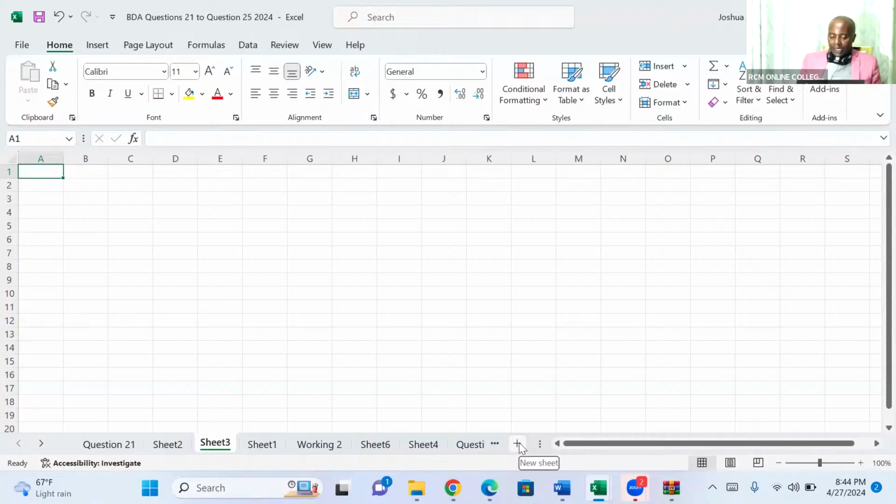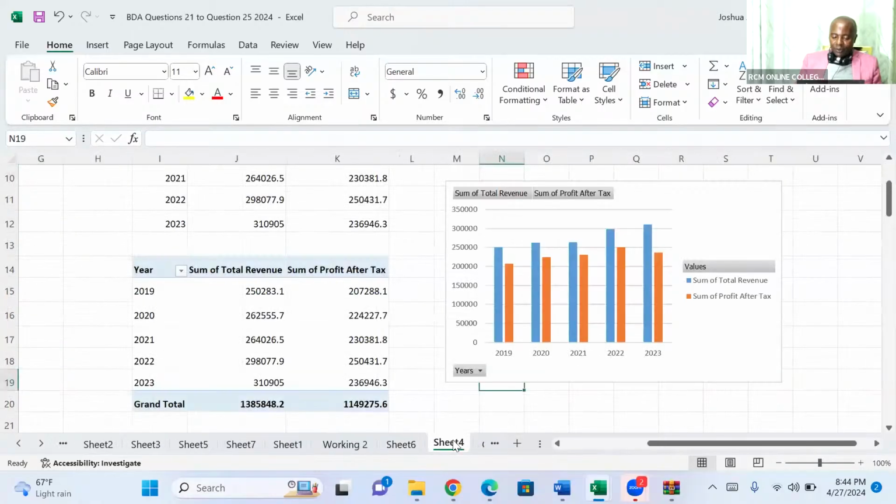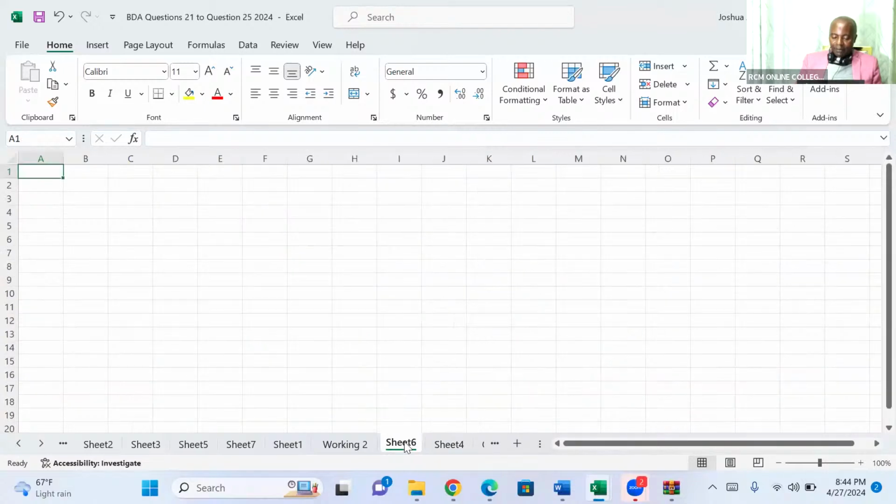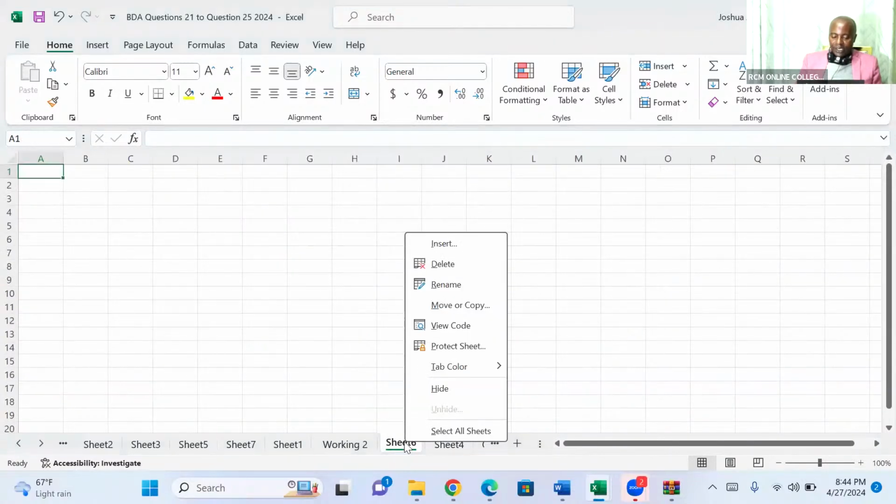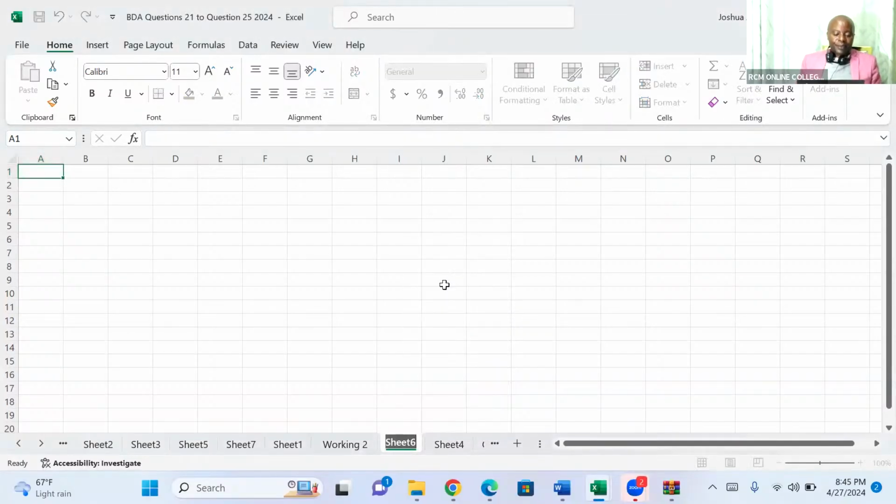Once you right click here, this Excel is misbehaving. Why? That happened in so many sheets, but we should overcome. Once in this case here, okay. Once you right click here, for example, on this sheet 6, you should be able to rename. So I'm renaming this to dashboard,